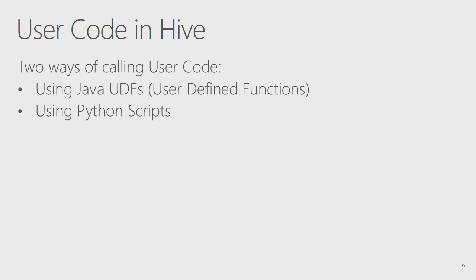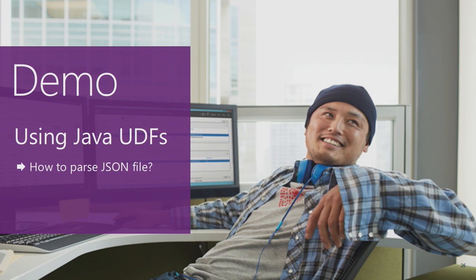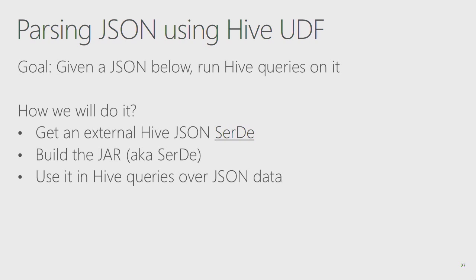So let's go back. As I mentioned, there are two ways of calling user code in Hive: using Java and using Python, and we're going to look at both. So let's start by looking at using Java UDFs, and our goal is to see how we can parse JSON using Hive UDFs. The reason, by the way, I'm picking this is that it's one of the most common requests,